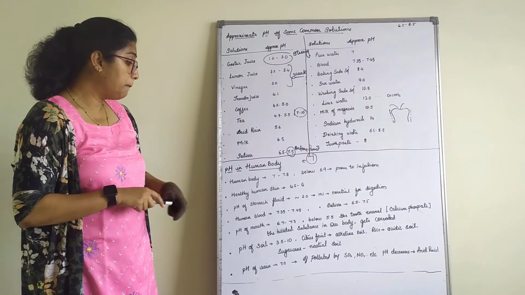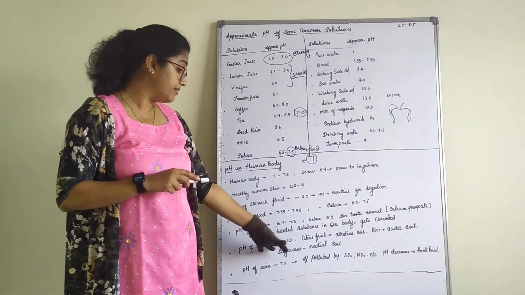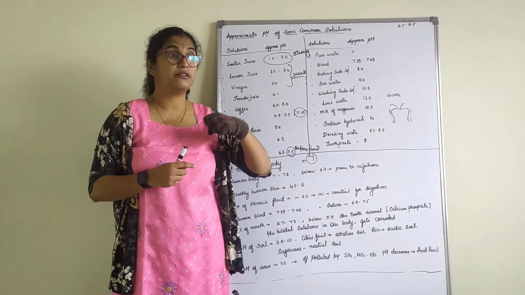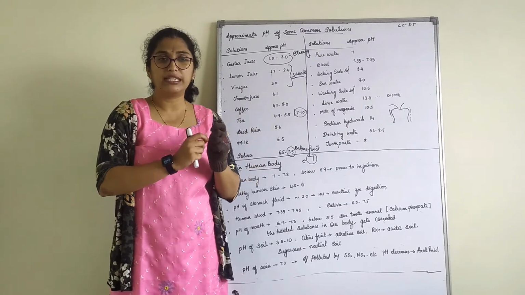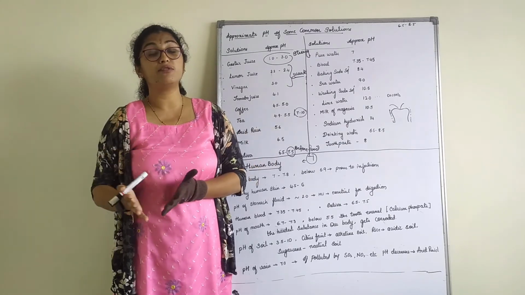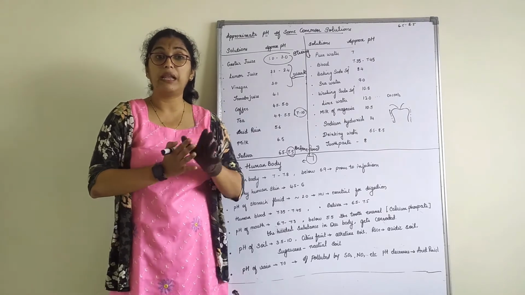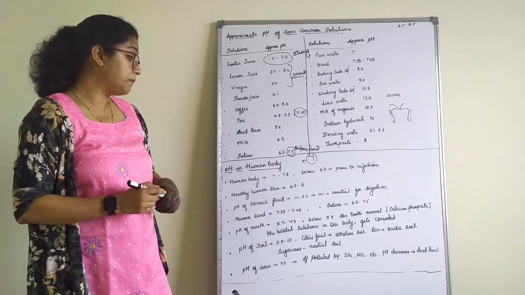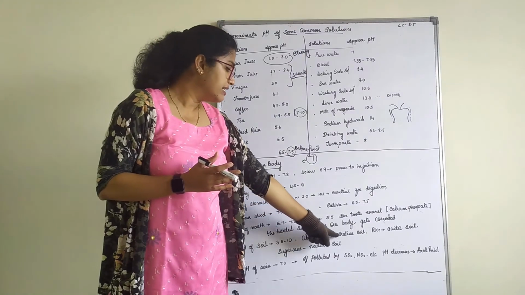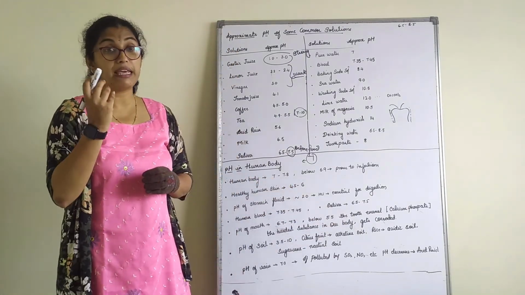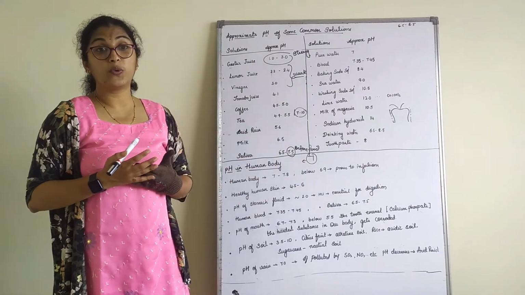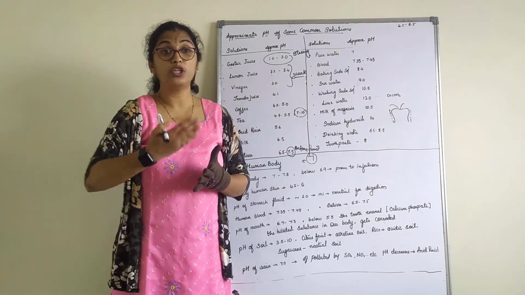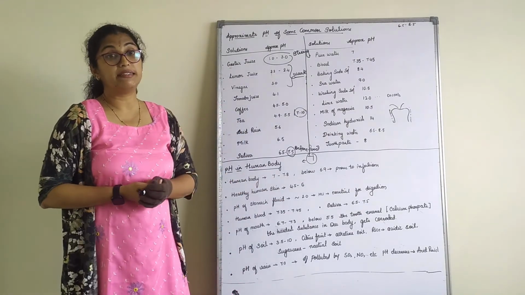So the next part is pH of soil. pH of soil is between 3.5 to 10. Now see, sometimes when we grow certain types of plants or trees, in some soil they grow well and in some soil they do not grow well, because a particular plant requires a particular pH, which a farmer knows very well. For example, all citrus fruits require slightly alkaline soil, that is basic soil. All rice crops require acidic soil. Sugarcane requires a neutral soil. That means one should know this before farming or planting these trees.